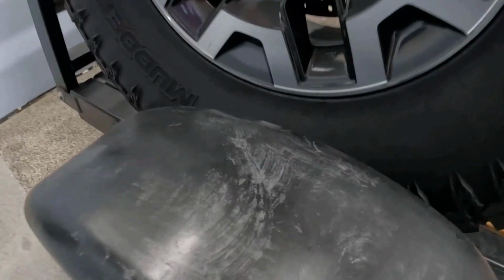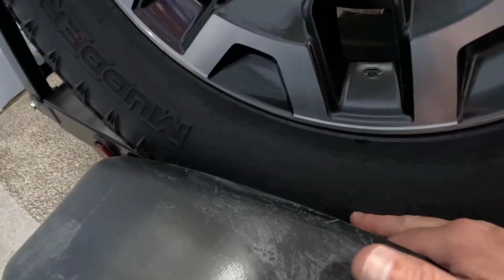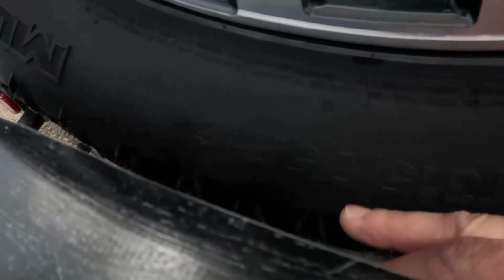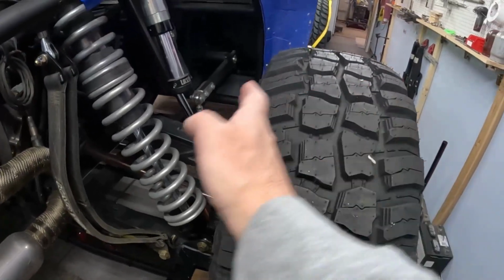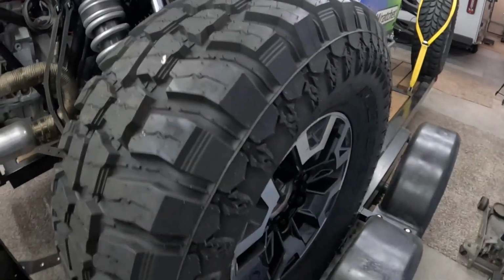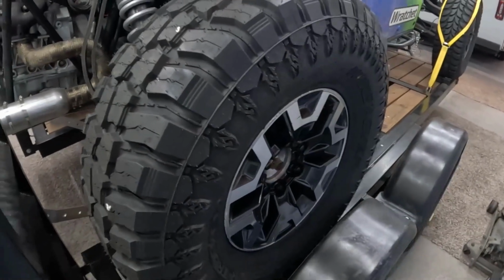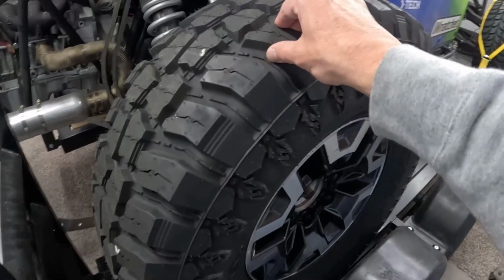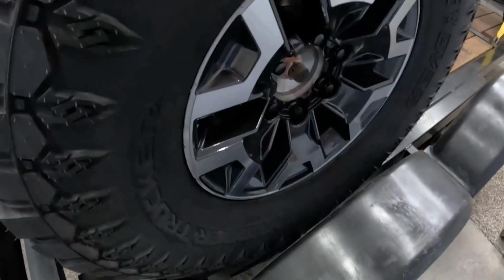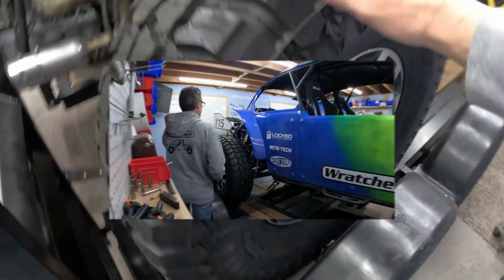And then in the rear, he has 315/75/16. These are 35 inches tall, and they are about 11.5 inches wide. So this is significantly larger than what was on there before. And of course, what comes with that is it's a bigger, heavier tire. And the front's got much squishier sidewalls. I don't know if you can see that, but